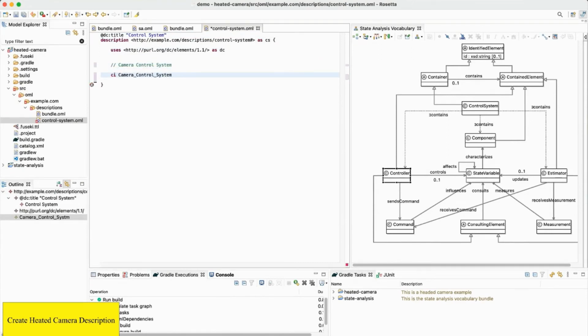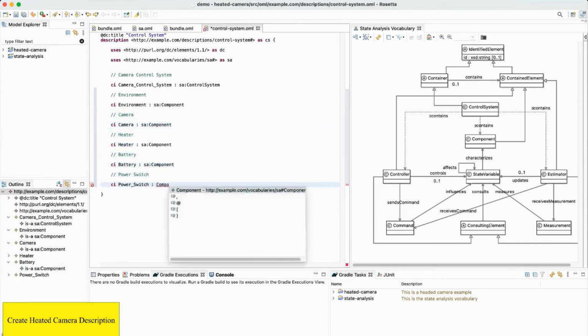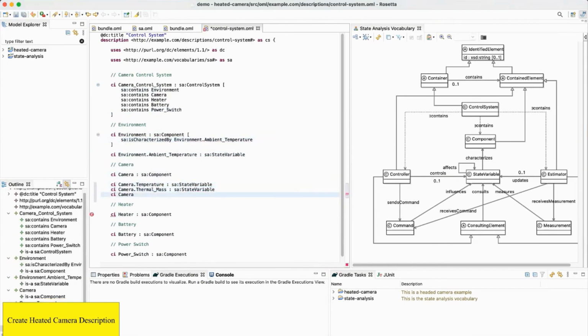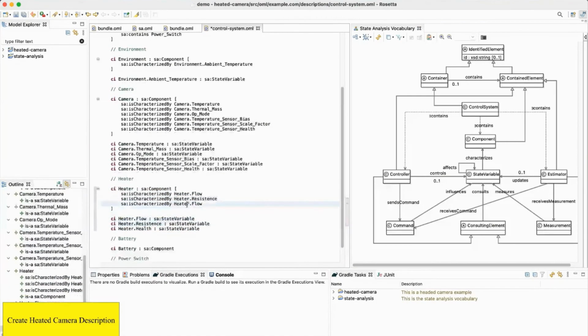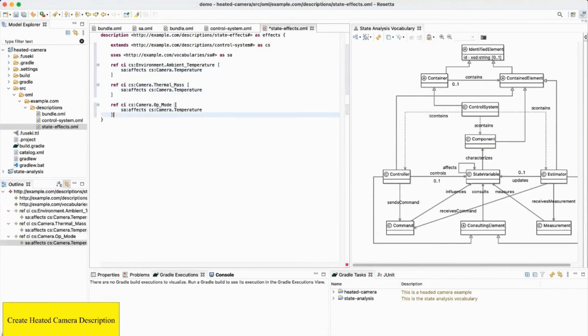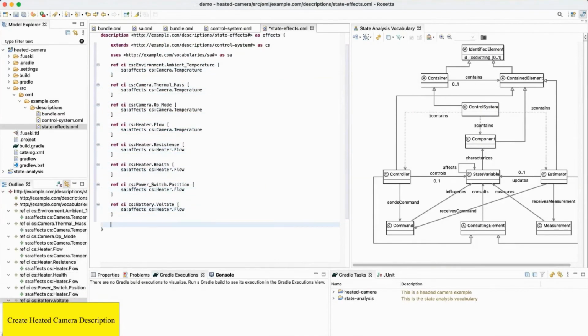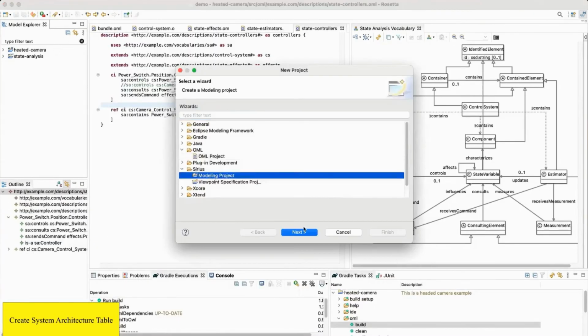For example, modeling the physical objects first, saying I have this system under control. It's made of a spacecraft. The spacecraft has these objects. They are characterized this way, with effects that way. The point here was to show that you can do that, but then you can of course use the Sirius viewpoint that, as a toolsmith, you can very quickly develop to visualize your model and to enable also the authoring directly of your model using ontologies.